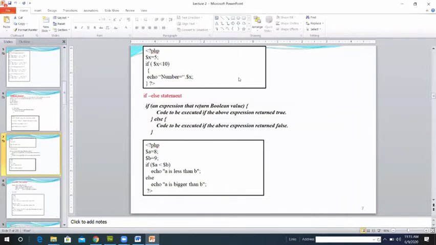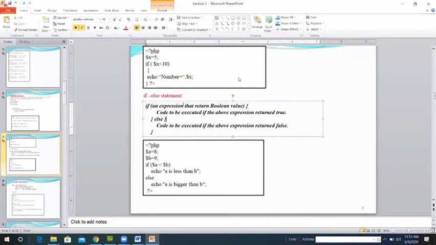Then if the condition becomes false, it works with the else part, the code to be executed if the above expression returns false. It works with either the first one or the second one. If the condition is true, it works with the if part. If the condition becomes false, it works with the else part.